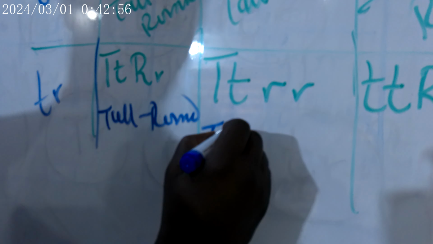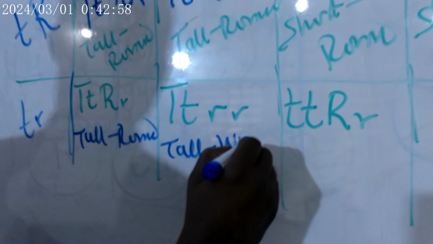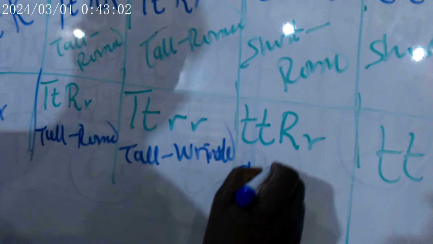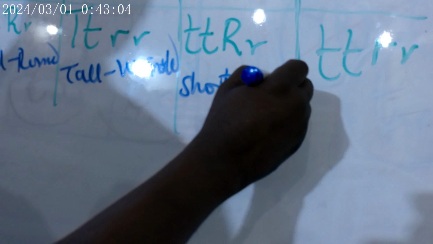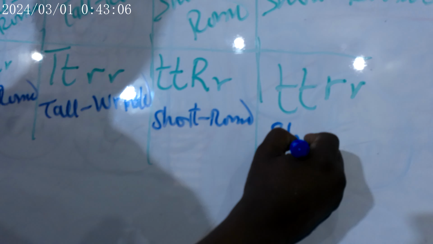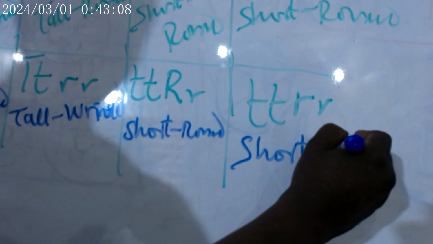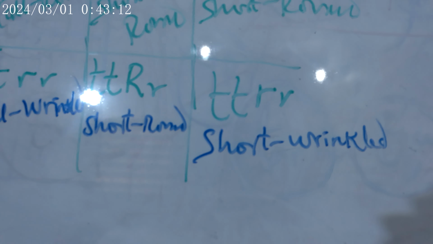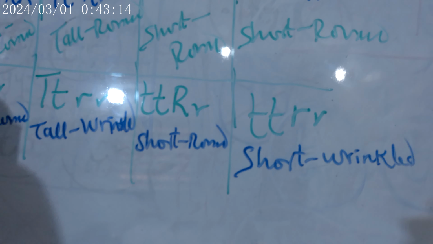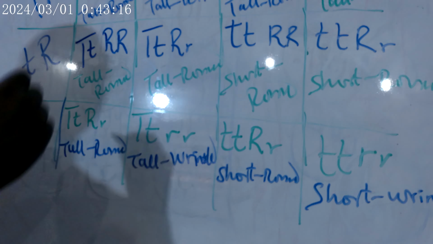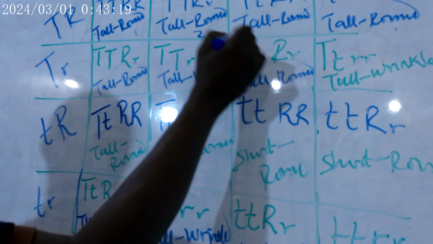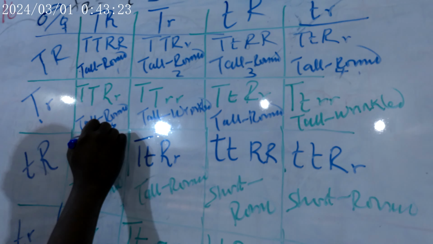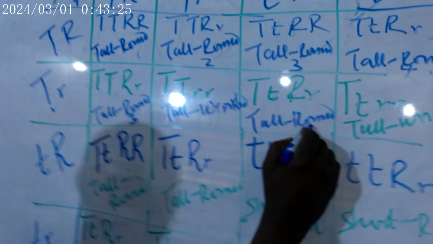This is going to be tall, wrinkled. This is short, round, whereas this one is going to be short, wrinkled. So when you count those that are tall, round, this is going to be 1, 2, 3, 4 tall, round, 5 tall, round, 6